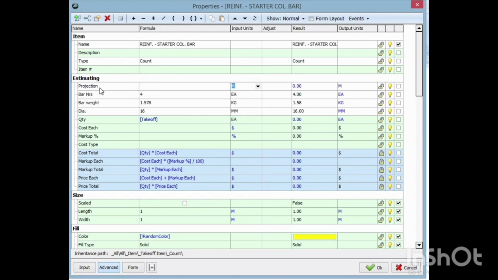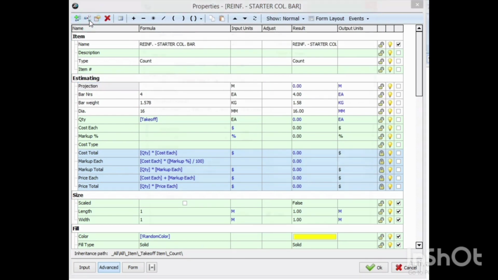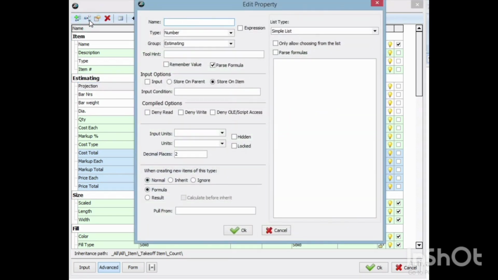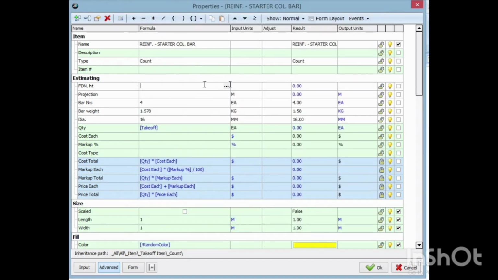Meter, projection, then foundation height. Foundation height. Then after foundation height, column base,